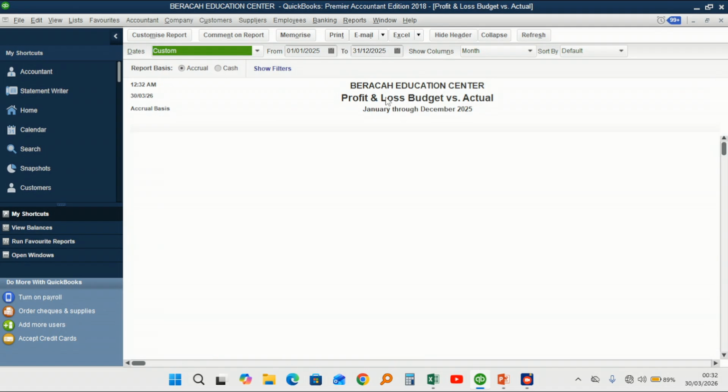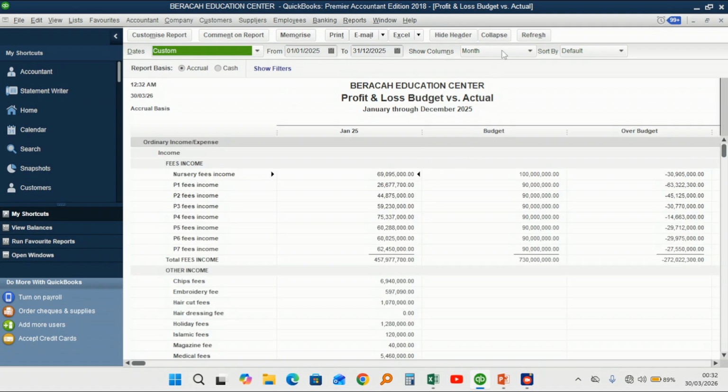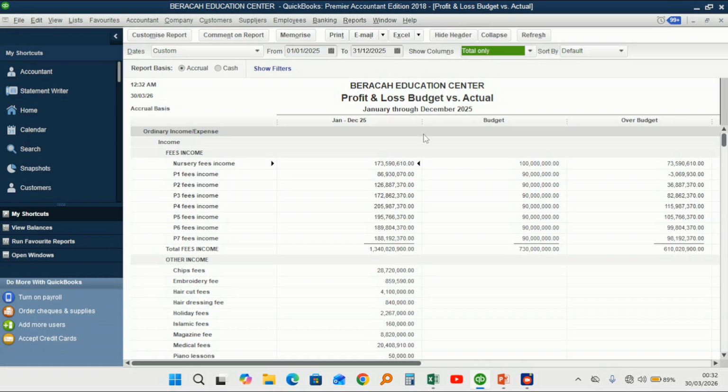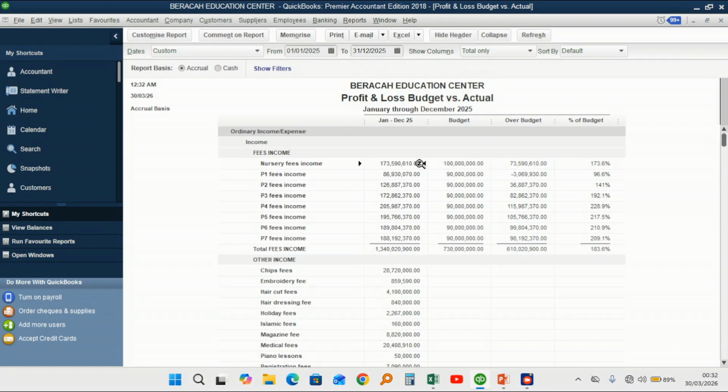So I want to adjust it a bit. I want to customize it. I will go to here, by annual or total. Then, 31st December, that's the date that I really need. That's okay. I can adjust my columns to see even other items. So it has a column of the accounts here. It has a column of the budget here, the second column. The third column is the budgeted. Then the second column is the